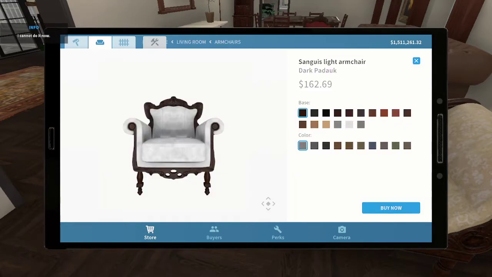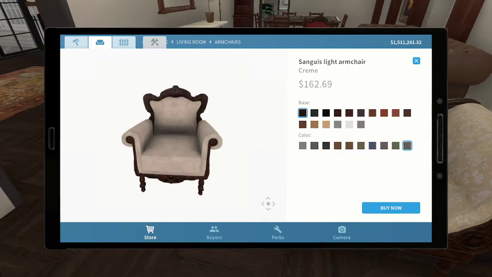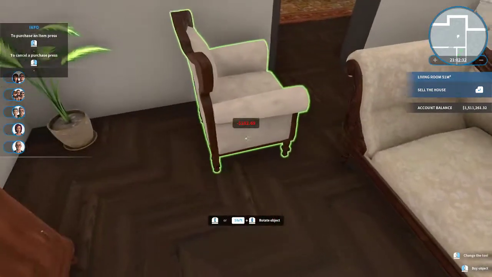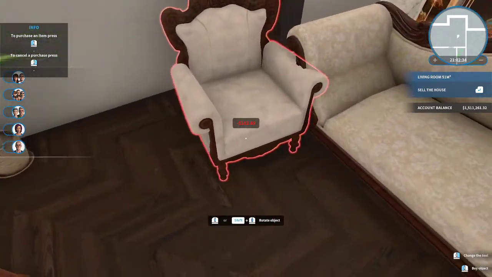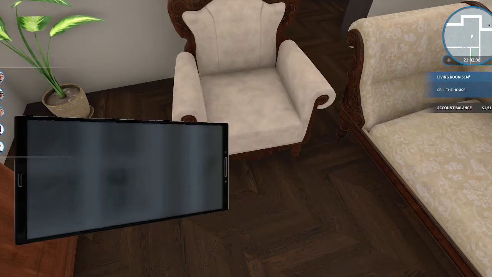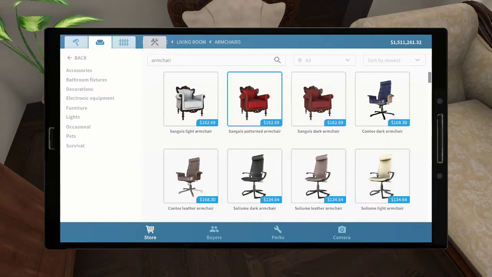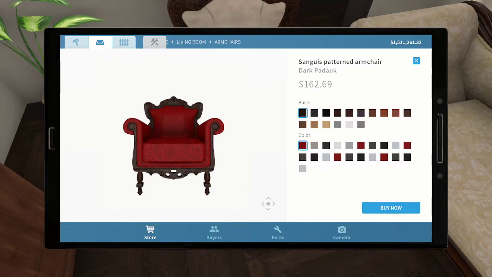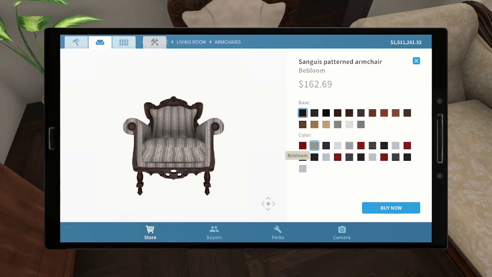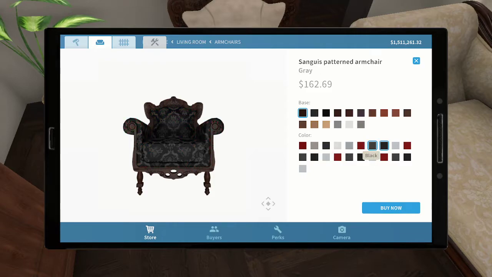Does this by any chance come in cream? I don't think so. Rats. Pastel rose. Nah. Grassy. Nah. I mean, this cream is going to be a different cream. That's the problem. So it's just not going to work. What about a dark? What about patterns? Which patterns do we have? A yikes. Cool in the Dracula castle, but